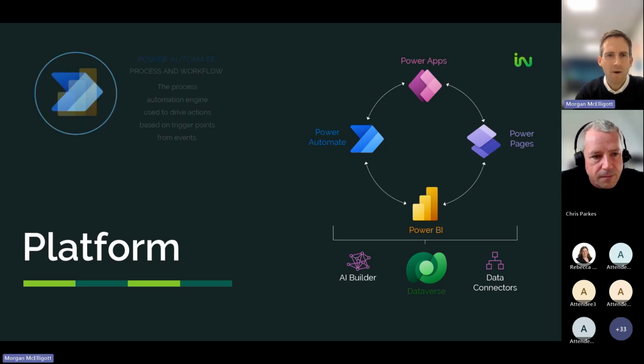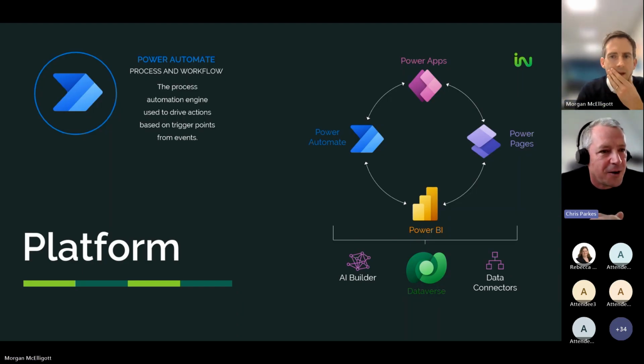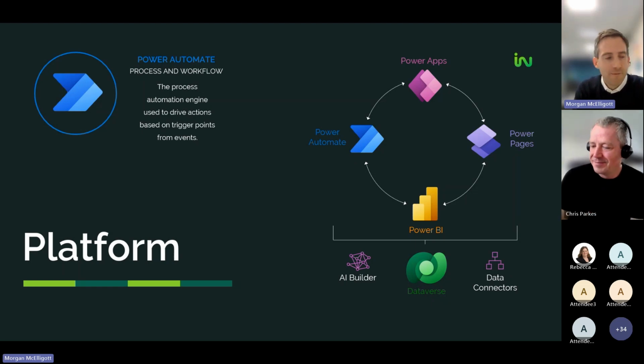And Power Automate, Chris, do you want to touch on that? Can do. It's cloud workflows and desktop workflows, Morgan, but I know this is your specialization, and this is where you really shine. Okay, well, I think maybe the one thing to flag for people on the call here,